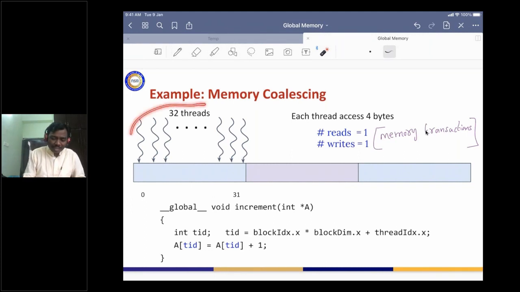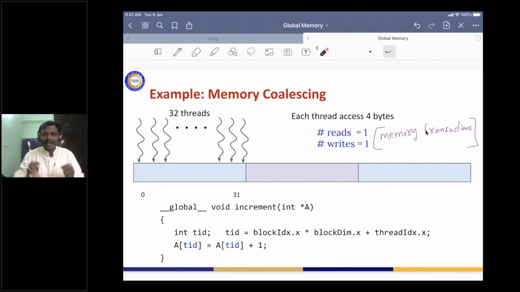So here all these 32 threads, we are discussing only one warp. Similarly, the same thing is going to happen for all the warps. We are discussing what happens to T0 to T31. Similarly, the same thing will happen for other threads. So T0, as per this code, is going to access the 0th location and so on. T31 thread is going to access the 31st location.